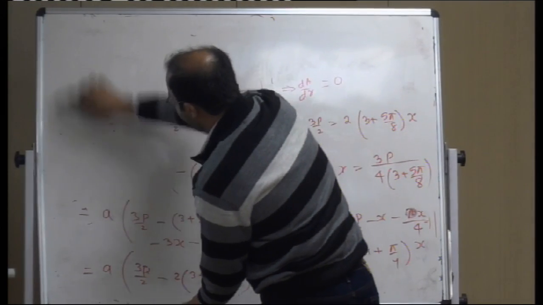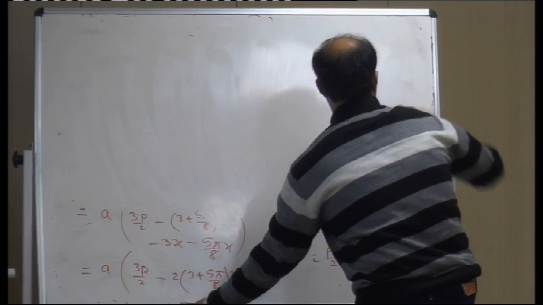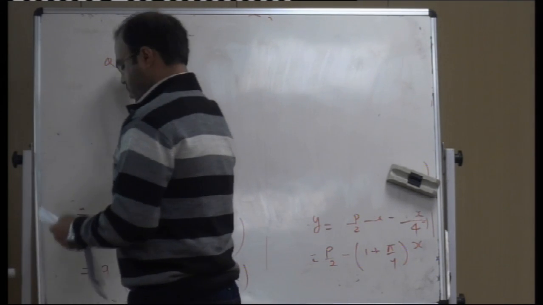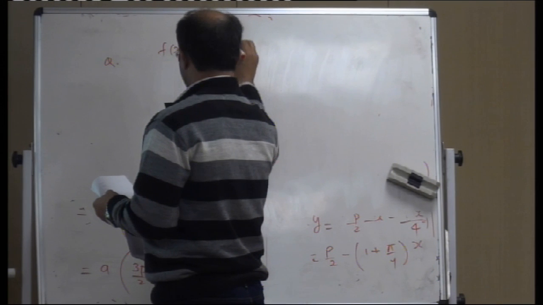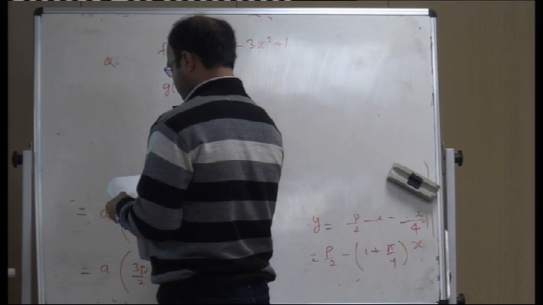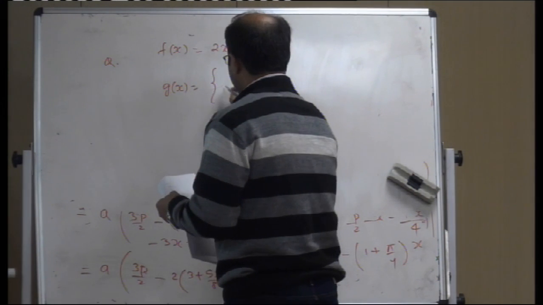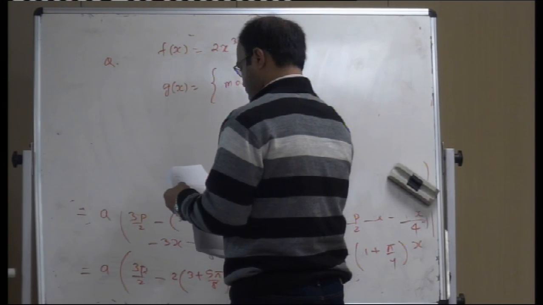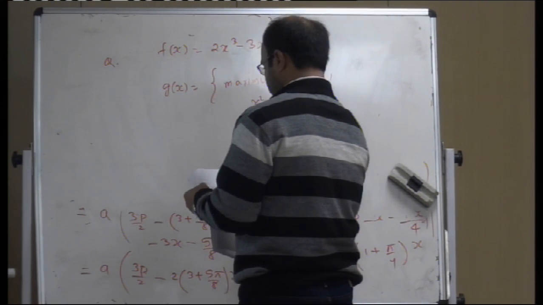When you studied differentiability, you had come across this question. f(x) equal to 2x cube minus 3x square plus 1, and g(x) equal to actually maximum f(t), x square plus 3x plus 7,